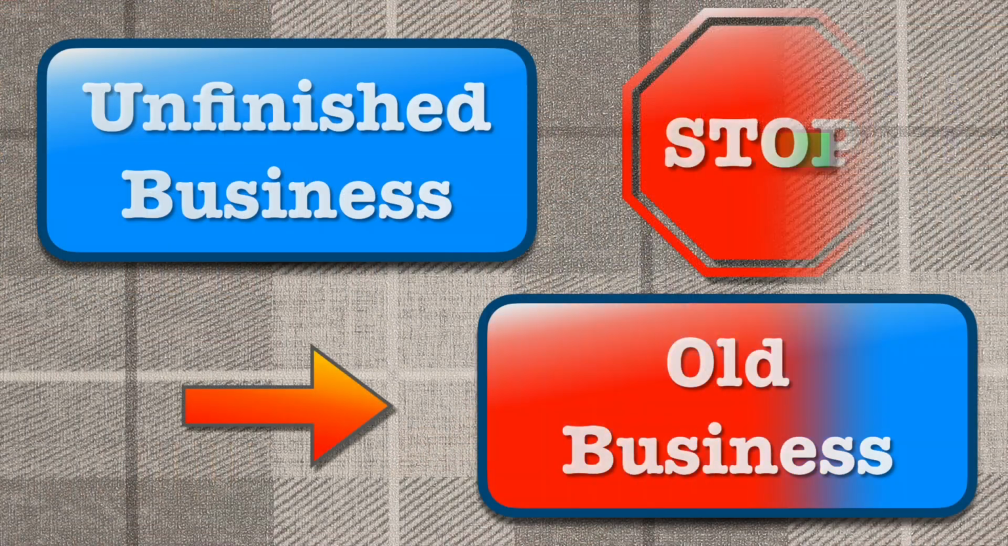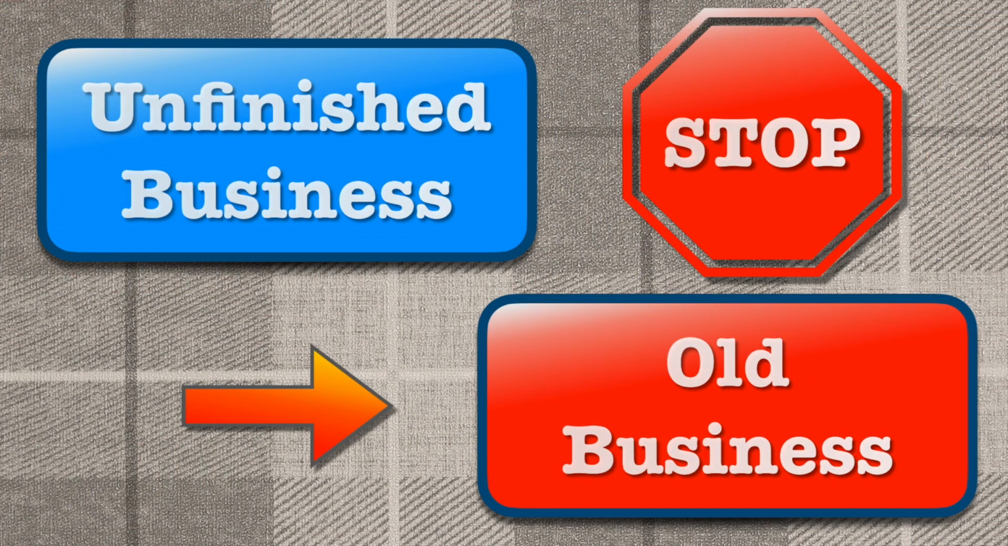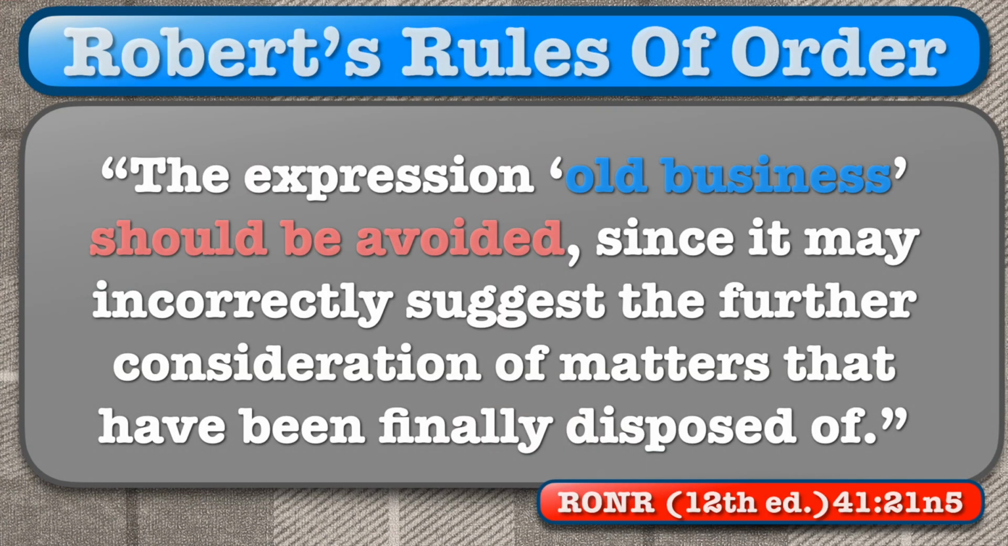Old business, on the other hand, is a term that should never be used in parliamentary law. But it is a term that you are likely to hear being used in meetings. It can be misleading, and it doesn't accurately refer to any particular class of business as we know it in the parliamentary world. It's one of those slangs that just seems to stick around and get in the way. Here's what Robert's Rules of Order has to say about it. The expression old business should be avoided, since it may incorrectly suggest the further consideration of matters that have been